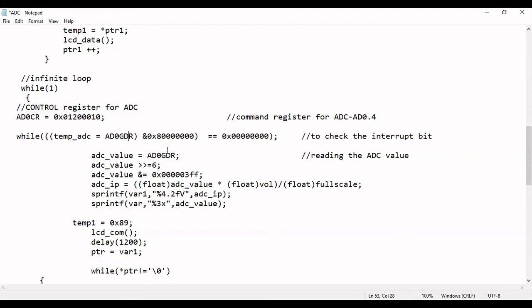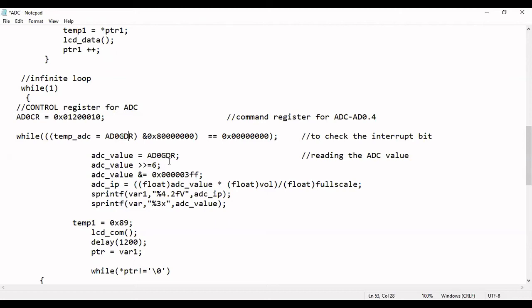If the conversion is done, what you are going to do is read whatever ADC value is in the data register into this variable ADC value. When it converts, the result value is available in AD0GDR. The result values will be available in bits 6 to 15. So it is in the middle of the 32 bits.